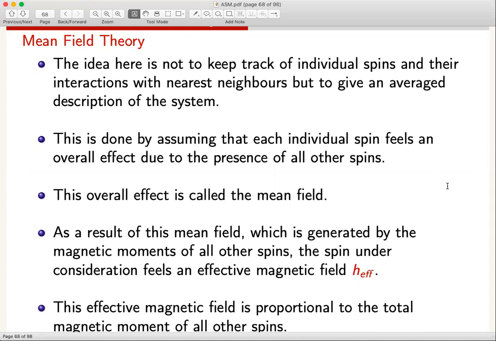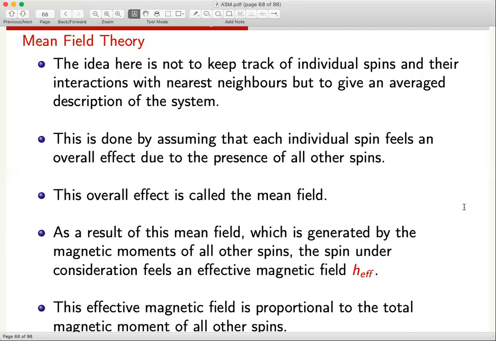course, if there are any external stimuli, like external magnetic field or if you apply additional temperature, in the sense you connect it to the heat bath and stuff like that. Leaving that aside, you treat the internal degrees of freedom of the system to behave in such a way that every individual degree of freedom gets an averaged kind of effect of all other degrees of freedom, and then you just try to study this system in this approximation.